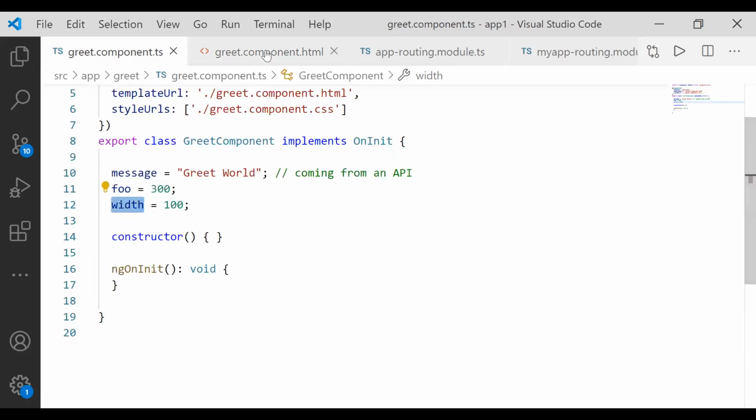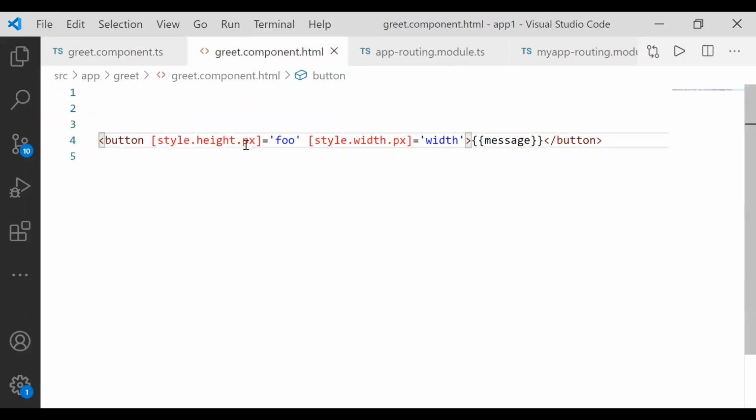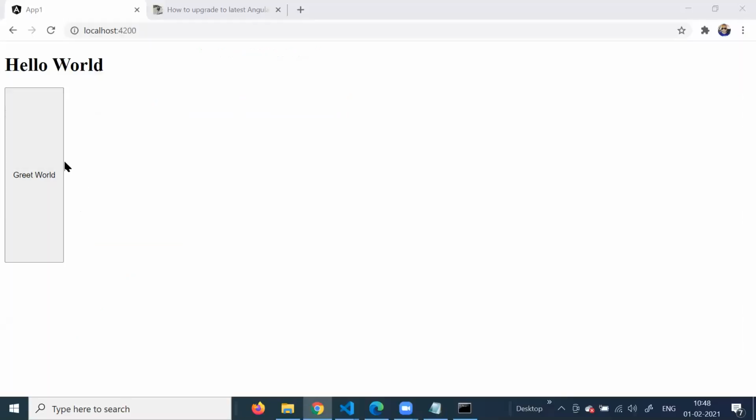Yeah, width. So now if everything is correct, the height of that button should be 300 and width of that button should be 100. So let's go and check that. And here, as you see, you have height and width set to 300 and 100. So what property binding does, it sets the property of HTML elements. It does not display, and interpolation displays, and that's why you are getting that greet world as a text of